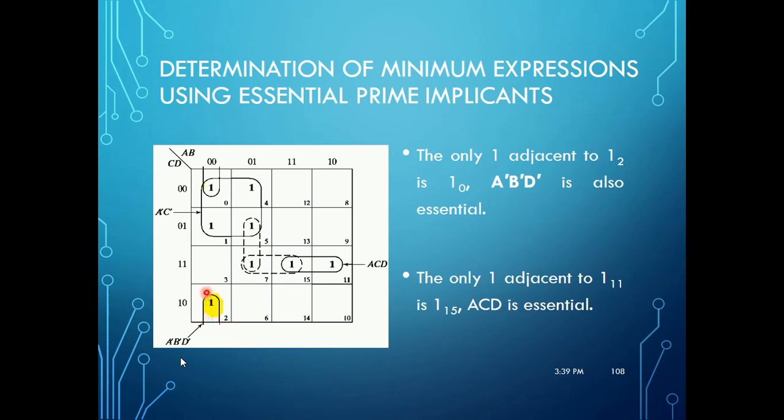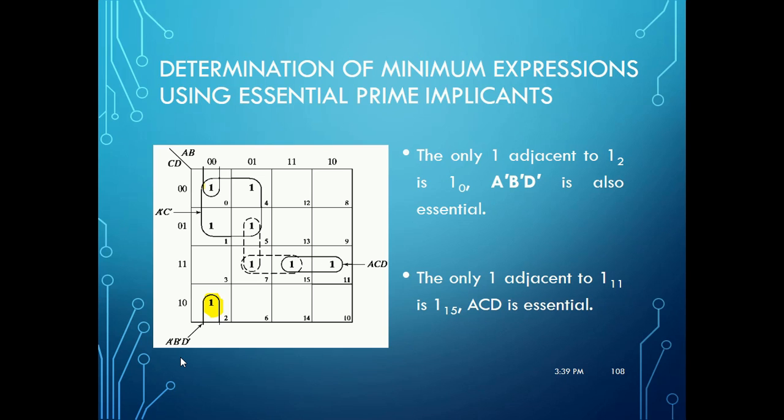The only one adjacent to M2 is M0. Okay, so that's why A bar, B bar, D bar is also an essential prime implicant. We conclude that that is an essential prime implicant. Okay, next thing,